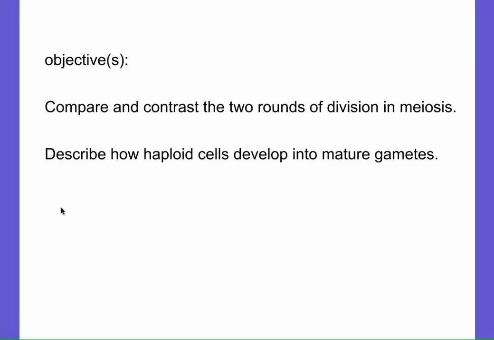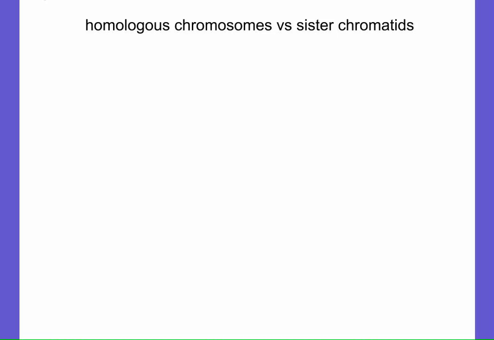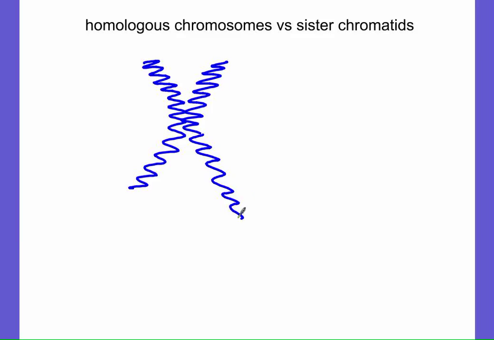Right, the whole process of meiosis is to make gametes, sex cells. So obviously, those go hand in hand. We'll get started with this. And in this first slide, homologous chromosomes versus sister chromatids. I just want you to draw the picture that I'm drawing because I want to make sure that it's very clear the difference between what is a homologous chromosome and what is a sister chromatid, because they mean very different